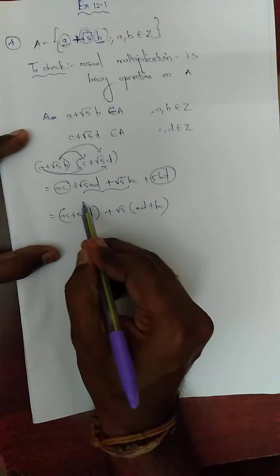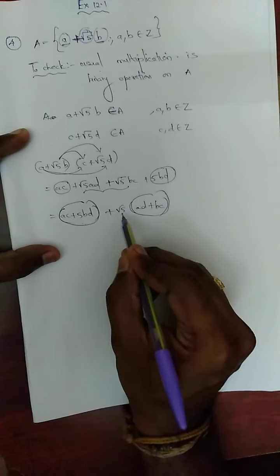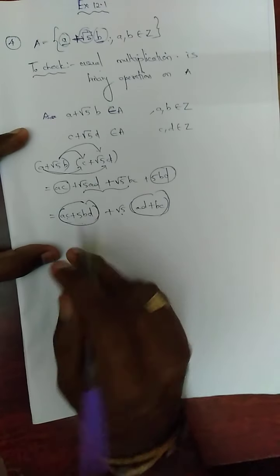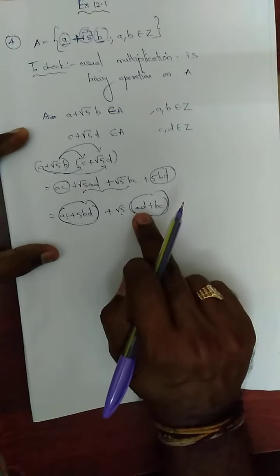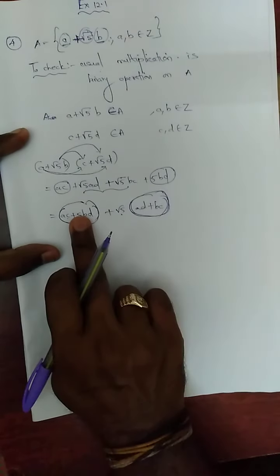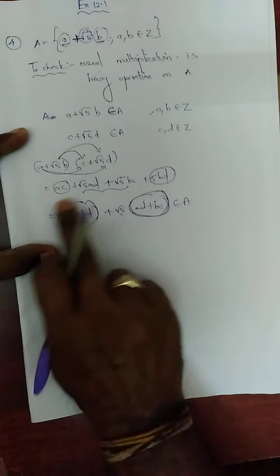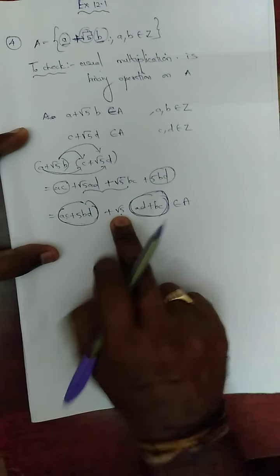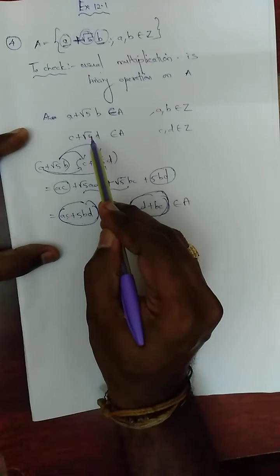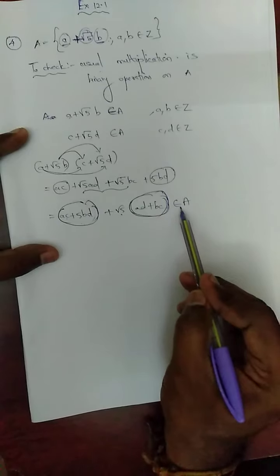Now once again, this is an integer, this is also an integer. This is an irrational number because ac is an integer, 5 is an integer, bd is an integer. If we add integers, once again we get an integer. ad is an integer, bc is an integer. If I add ad plus bc, this is also an integer. By square root of 5, so this also belongs to A because this is an integer and this is an irrational number. The same format: integer, irrational number. So this formula also belongs to A.